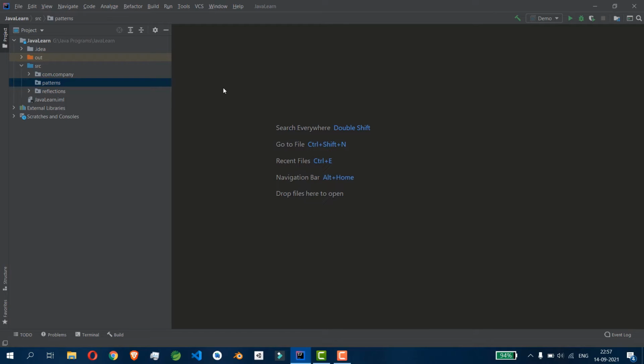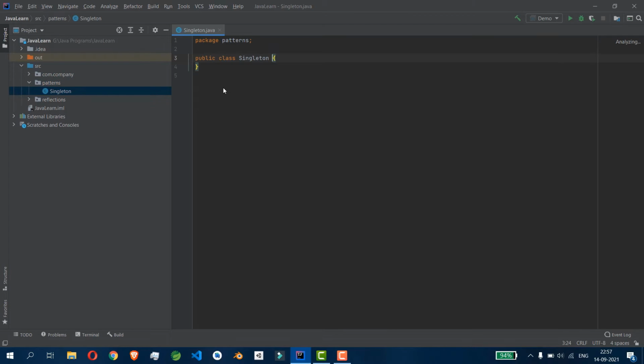There are four ways in order to create the singleton pattern. The first one is the early instance or early access. The second one is using enums, which are constants. The third one is the static synchronizer for thread safety, and the last one is the double check, which is used for thread safety and synchronization. The double check is the best way of creating the singleton design pattern. So first of all, let me go to the early instance.